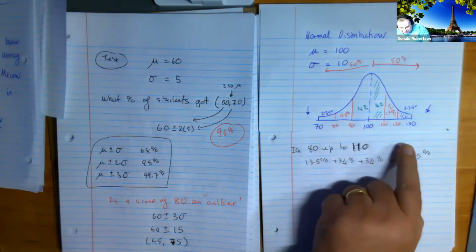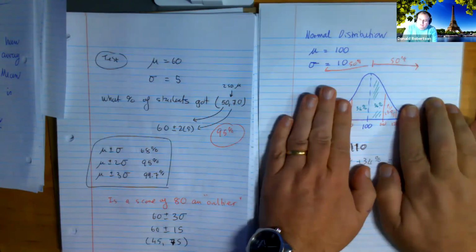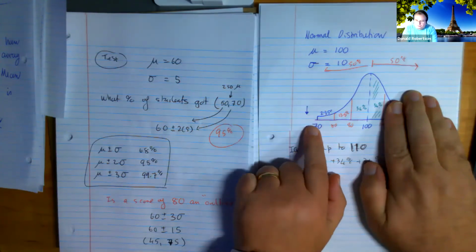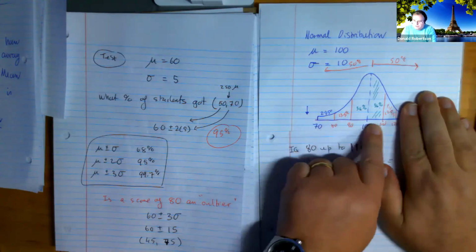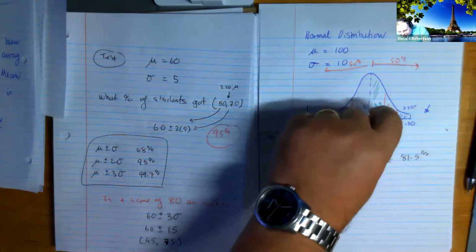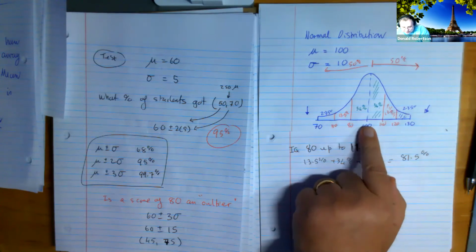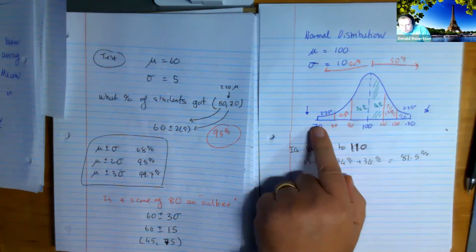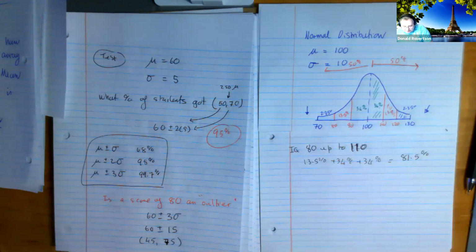So if you've got this little piece of cake, I think of it as like a cake, all you need to do, for instance, is add up the pieces from whatever the start to the finish number that you want. So, you know, I could do 70 up to 100. I could do 70 up to 110 or 120. Just start here and add them up. These percentages are fixed. They don't change. Now, what might change is the mean and the standard deviation, like the numbers on this bottom scale. That'll depend on the story. But the way the cake is cut up is always going to be the same.